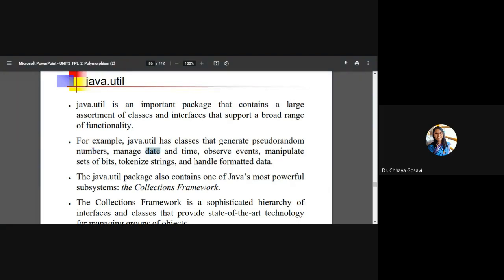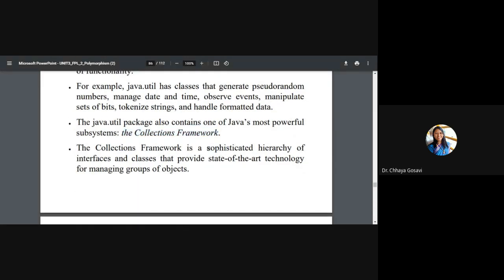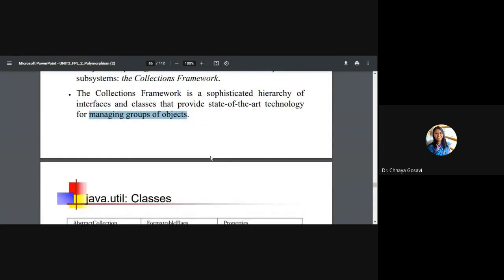You can manage date and time, observe events, manipulate sets of bits, tokenize strings, or handle formatted data. So all the classes related to these functions are available in the java.util package. And the java.util package also contains Java's most powerful subsystem, which is called the collection framework. The collection framework is a sophisticated hierarchy of interfaces and classes that provide state-of-the-art technology for managing groups of objects. Inbuilt objects, classes and interfaces are there which are ready to use.